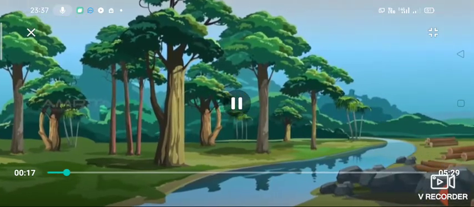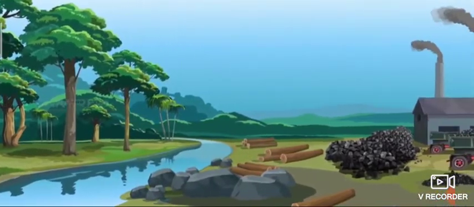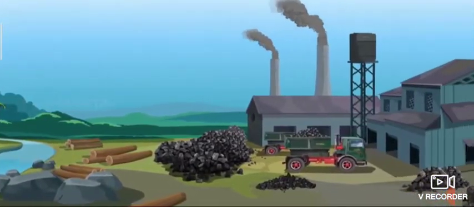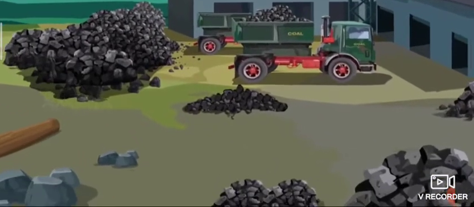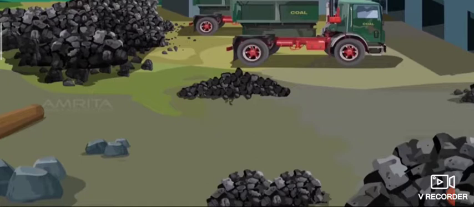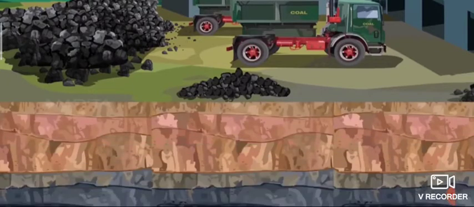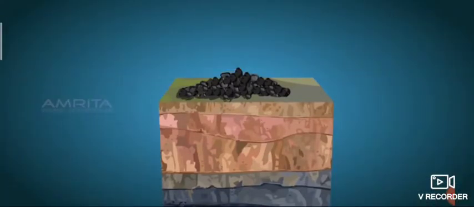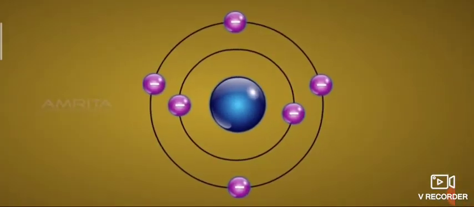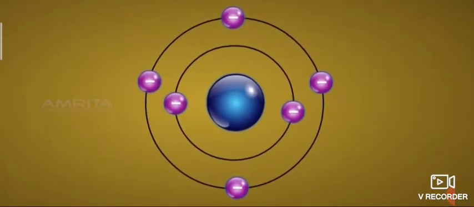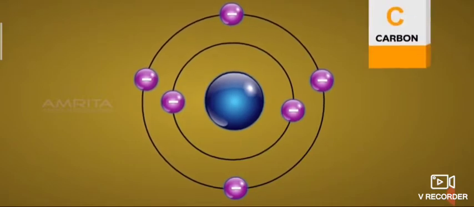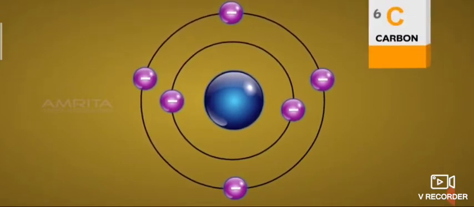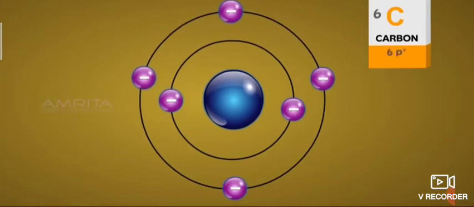Carbon can exist in a free state as well as in a combined state, either in free state or in pure form. Carbon can exist in different types of allotropes, in crystalline form as well as in amorphous form. It can be found in the earth's crust. It has 6 protons and 6 electrons. In the outermost shell it has 4 valence electrons, which give carbon all its special nature.